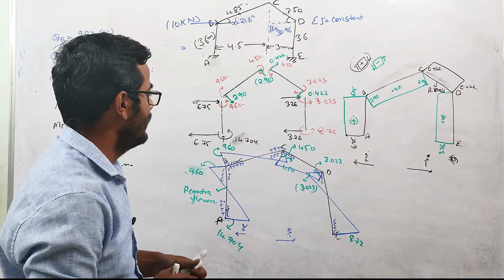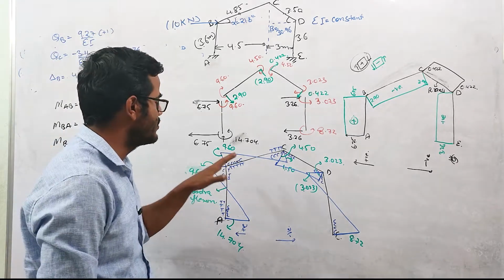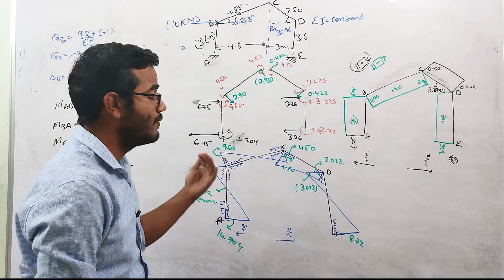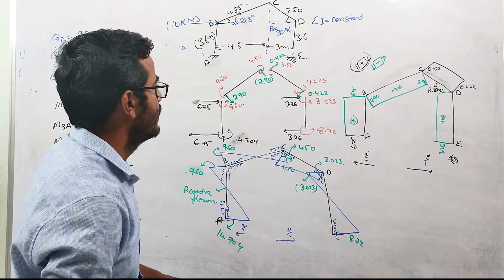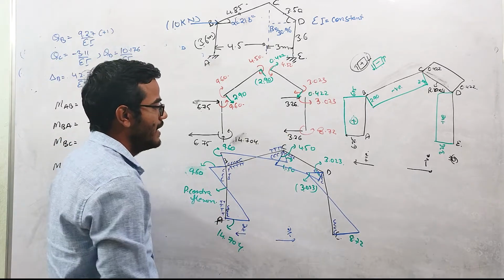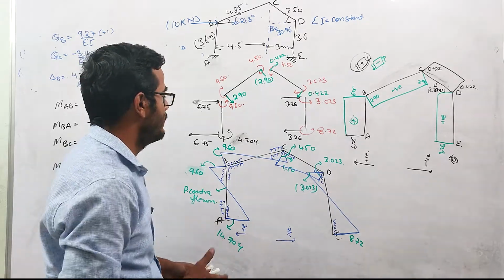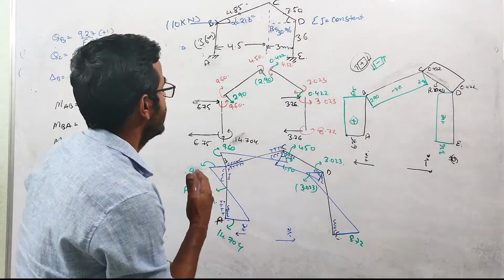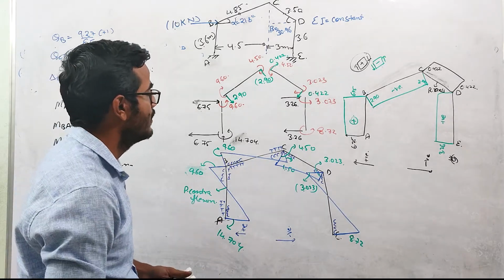Okay, so what we did over here is now we can find for which member the maximum bending moment is coming, and what is the value of the maximum bending moment for each member. Shear force also you can find, the maximum bending moment you can also find. Corresponding to that bending moment for each member, you will design that member with respect to that maximum value of bending moment. Okay guys,